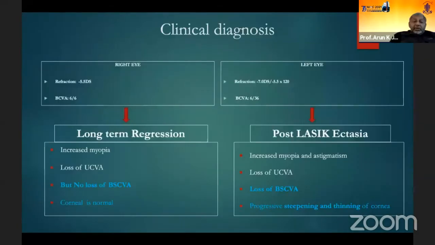And how we differentiate between the two is, there is no loss of best corrected visual acuity in the long-term regression. Whereas there is a loss of best corrected visual acuity in LASIK ectasia, and there is a progressive steepening and thinning of the cornea, which is absent in long-term regression. And so we did a C3R in the left eye, and the right eye was kept under observation and prescribed